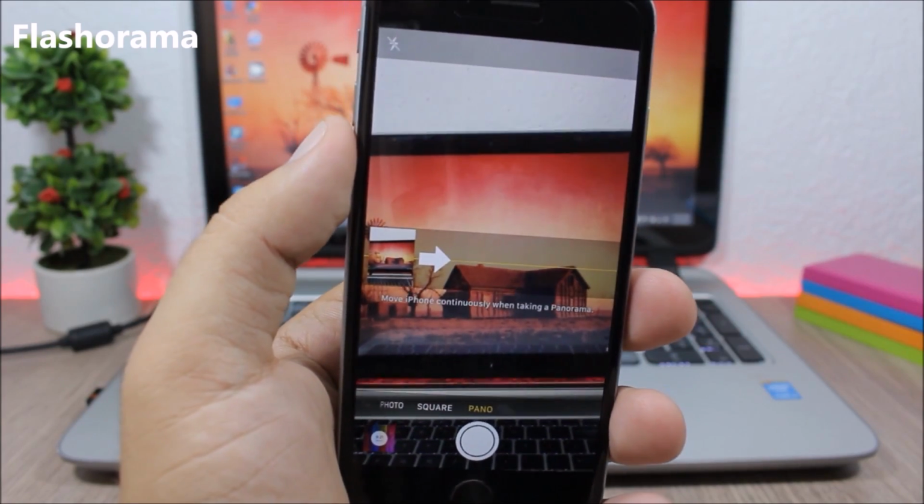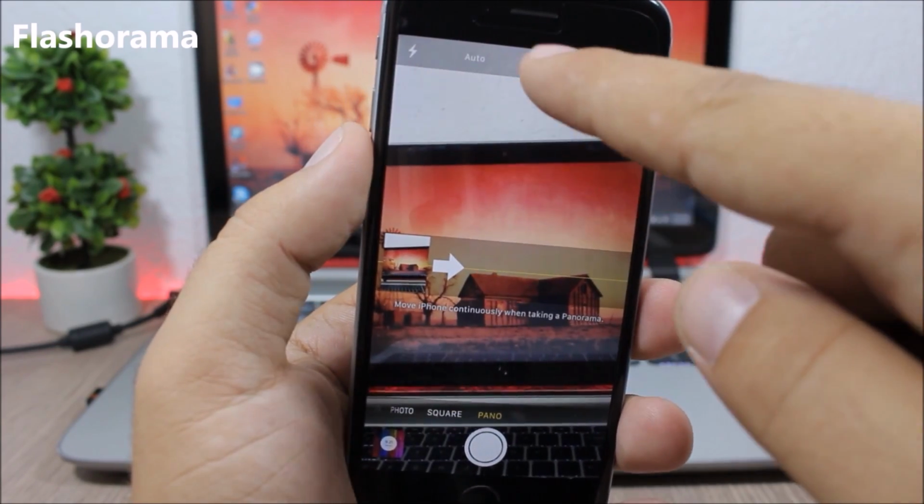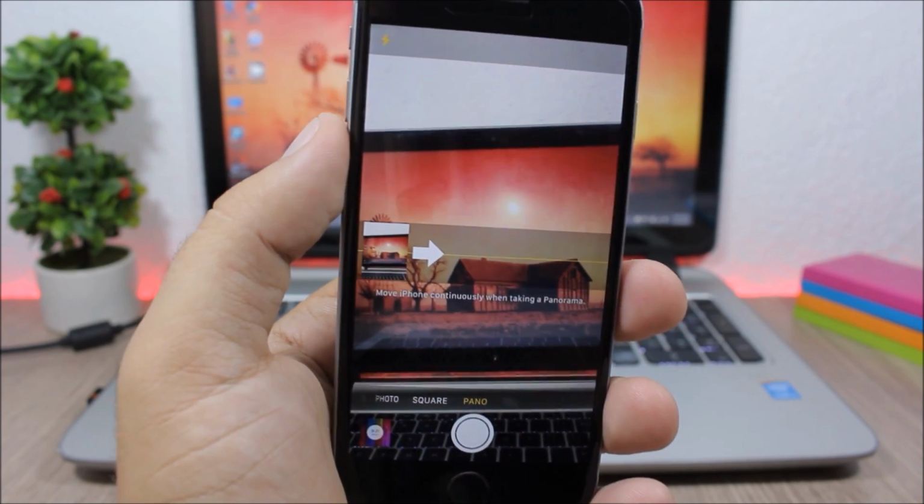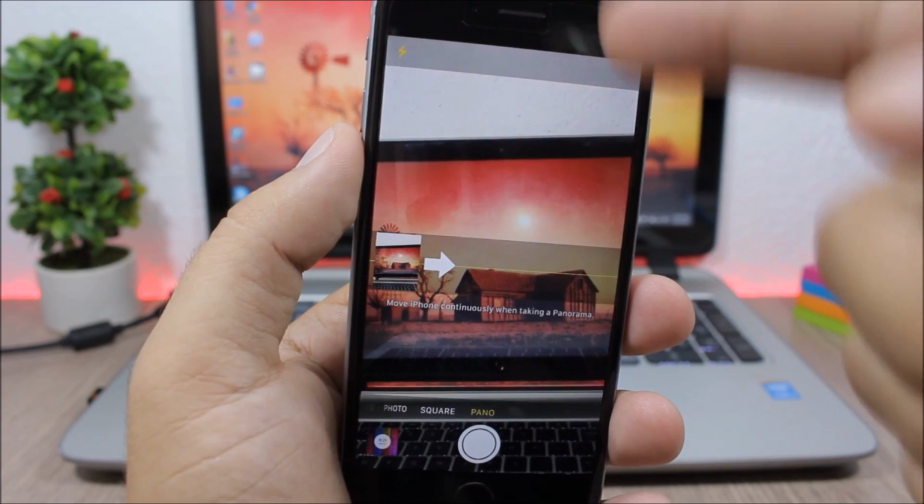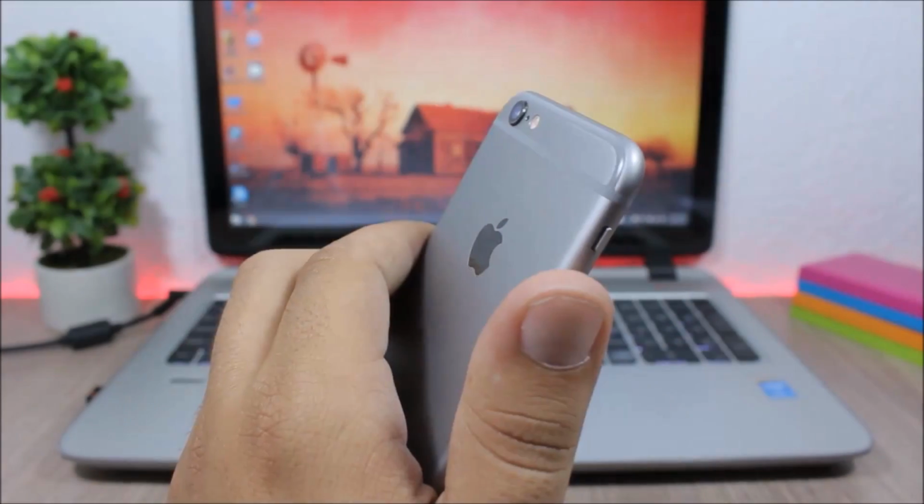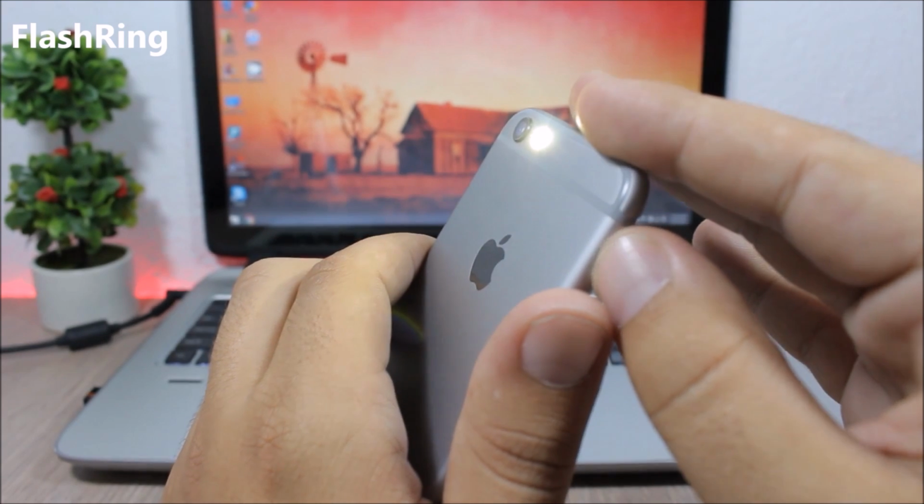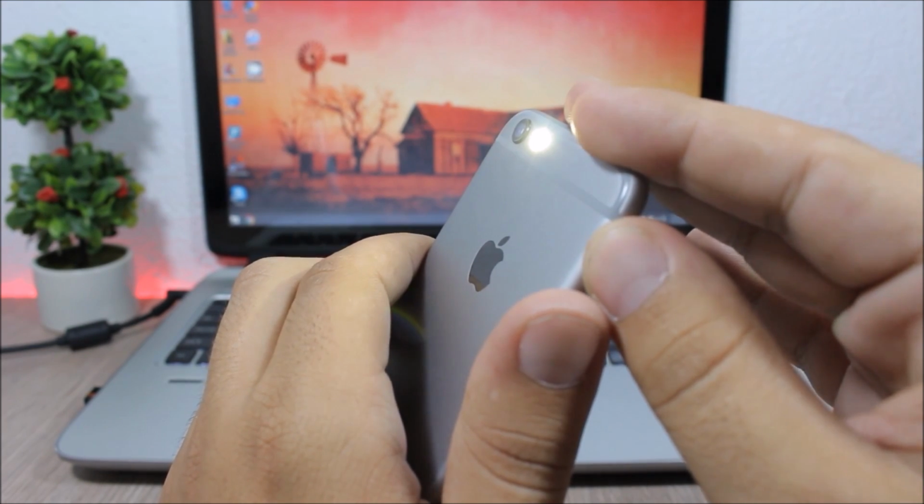Flashorama. This tweak enables the flash on the panorama picture, so when you're taking a panorama picture with the camera app, you will be able to turn on the flashlight. Flash Ring. This tweak allows you to use the mute switch as a button to turn on and off the